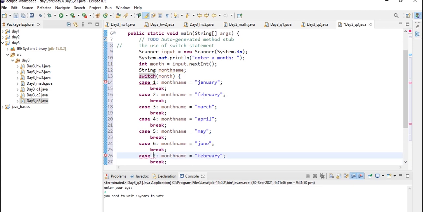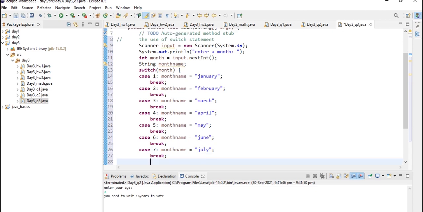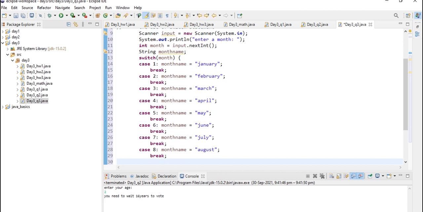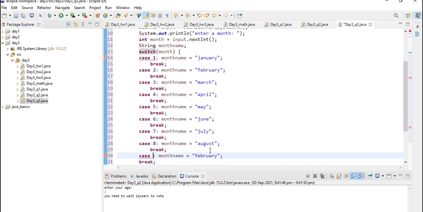So case 7, month name is July. Case 8, month name is August. Case 9, month name is September.